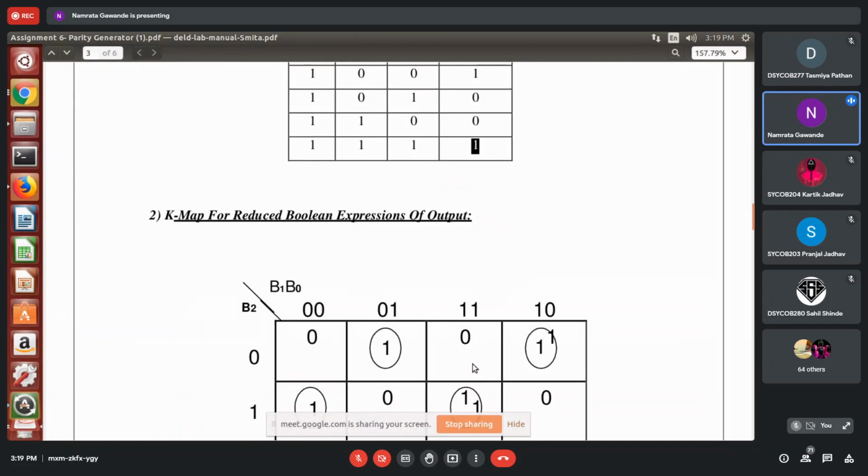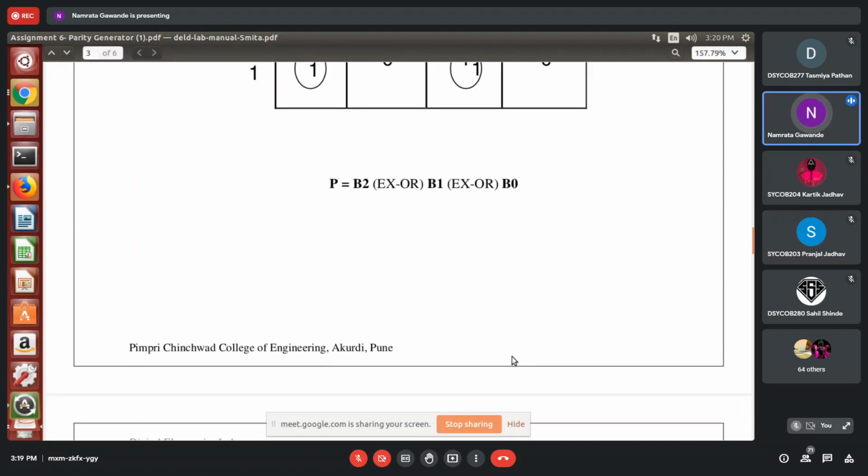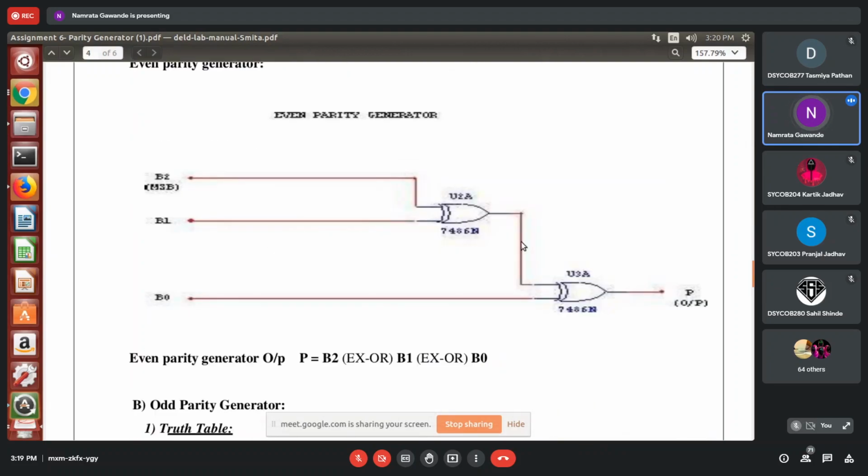Now from this truth table you make the K-map, and from this K-map you will get this particular equation: B2 XOR B1 XOR B0. You have to simplify the expression, and once you get this form, you can design this particular circuit. Here you can see B2 XOR B1 XOR B0.